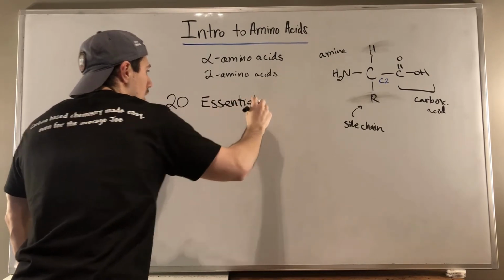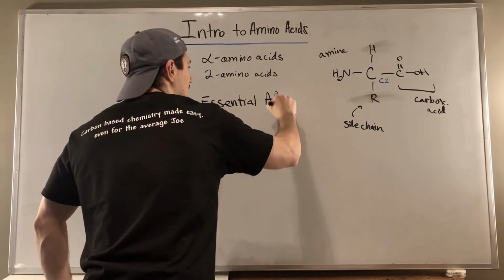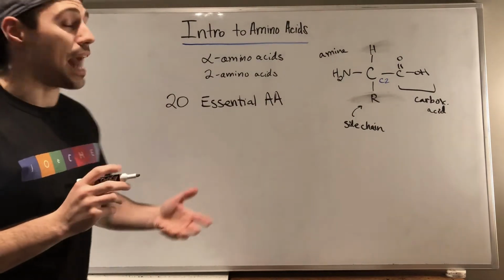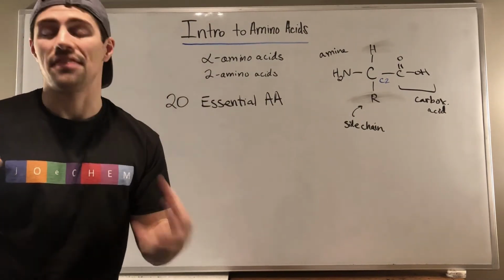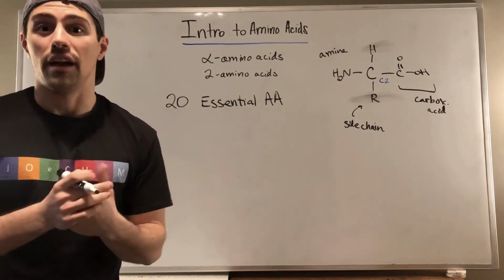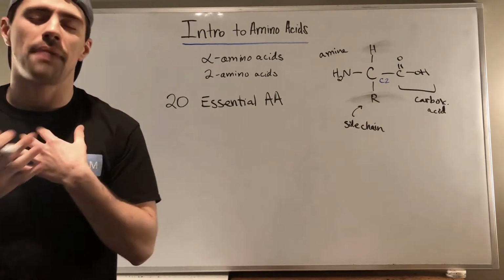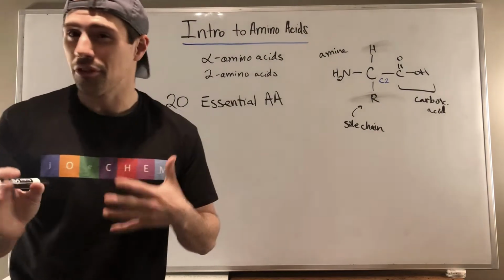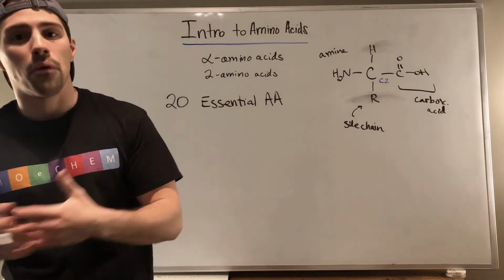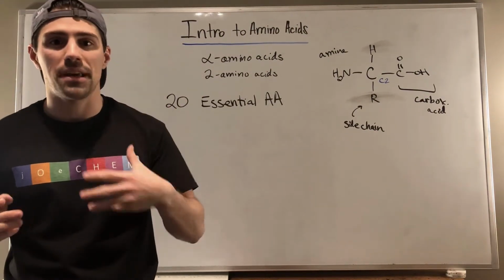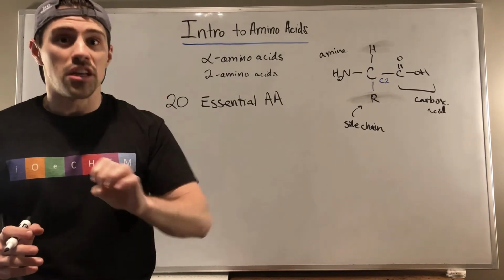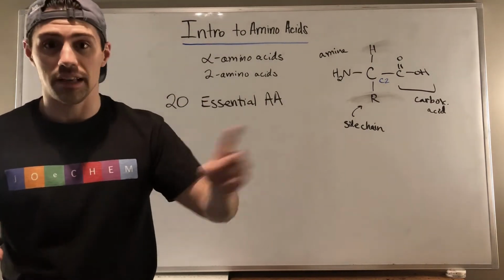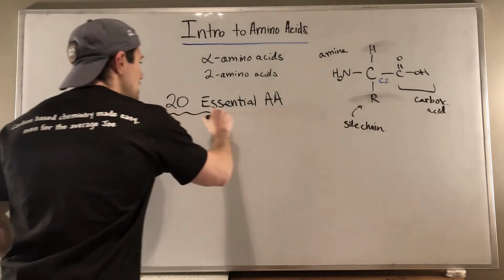These are amino acids, I'm going to abbreviate AA, that humans get in their diet, and they are necessary for life. What's unfortunate, this is my personal gripe with organic chemistry, but when you're being tested based on the knowledge in that class, I would say to be safe, unless your professor tells you otherwise, these 20 essential amino acids,